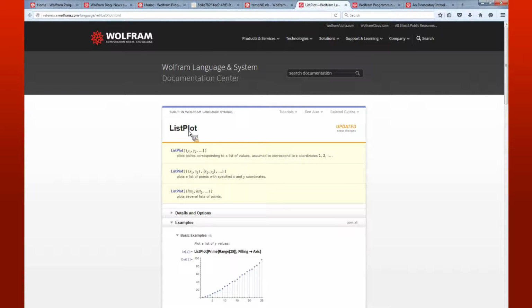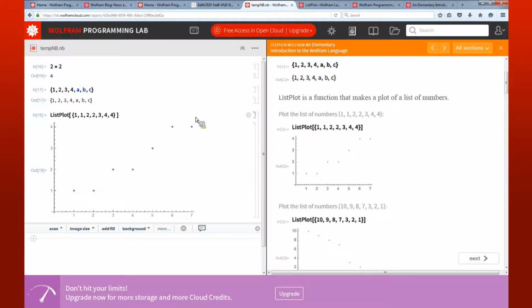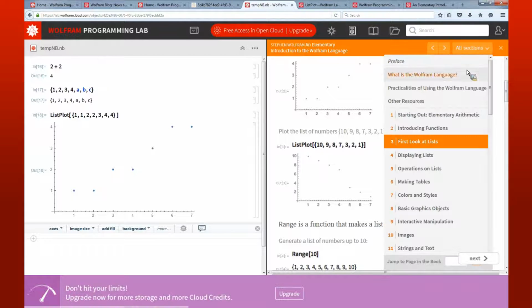You'll notice that also the functions are hyperlinked, so it'll bring you to documentation. The programming lab is getting a little bit tight here, so it just helps to keep the textbook on the right-hand side, your notebook on the left, and then a new tab for the documentation. So you'll see another feature here is up at the top. I've got my navigation bar. So if I want to jump to a section, I can just click on all sections and then jump to